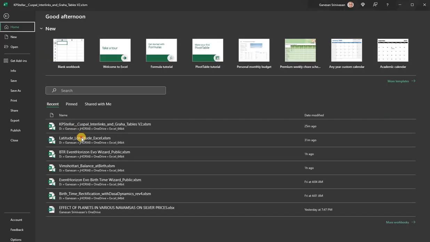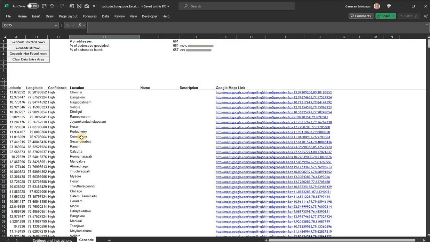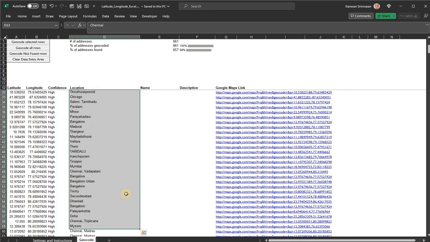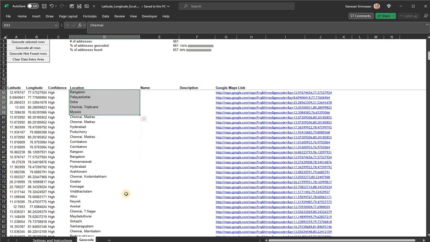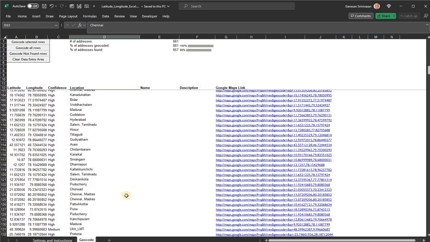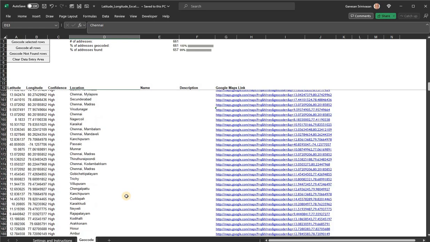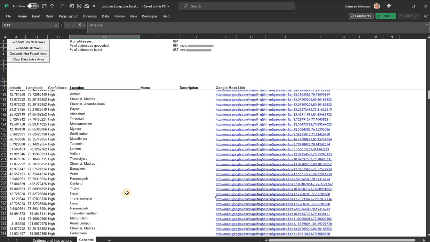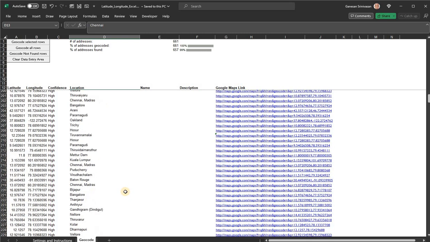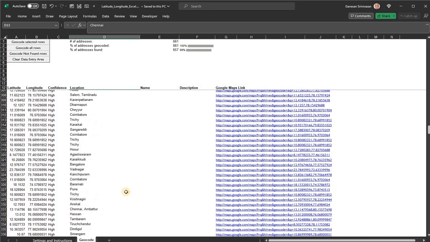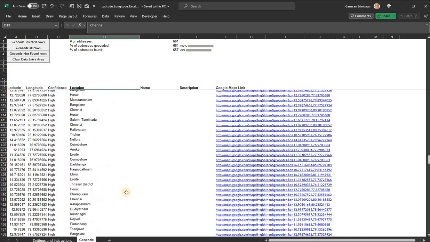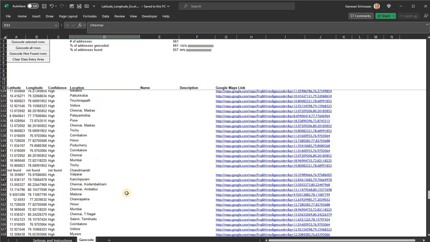In my case, let me open another file. This is a file called Latitude Longitude Excel that I have saved onto my system. Here I have put in locations of people that I am interested in, mostly my Tamil Nadu region, Indian region people, and there are also multiple abroad, any city in the world in a way. So what it does is, suppose you add a particular city of interest to you, let us see some vague city that you want to add,